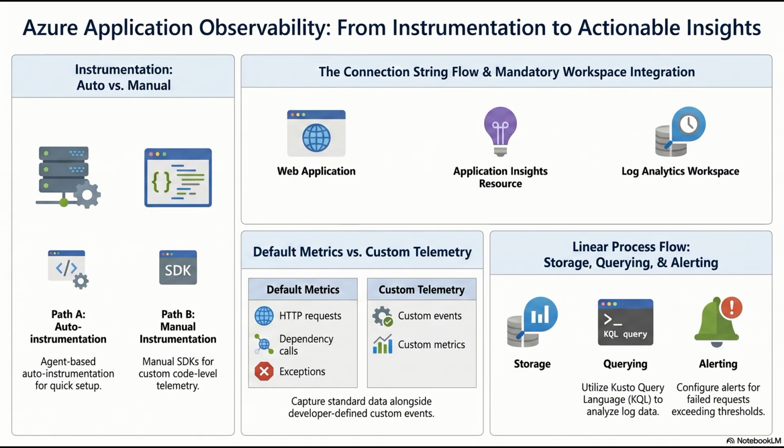So it knows what my code is talking to. It knows what it is talking to. It knows the specific SQL query text it sent. It knows the target URL of the external API, whether the call succeeded, and exactly how long the external dependency took to respond. See, this is why I think it's the most valuable feature. App Insights essentially acts as an objective referee between your development teams and your infrastructure teams.